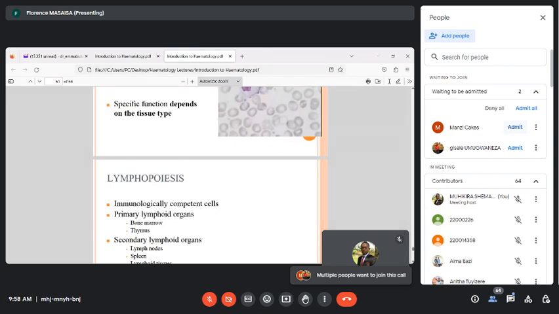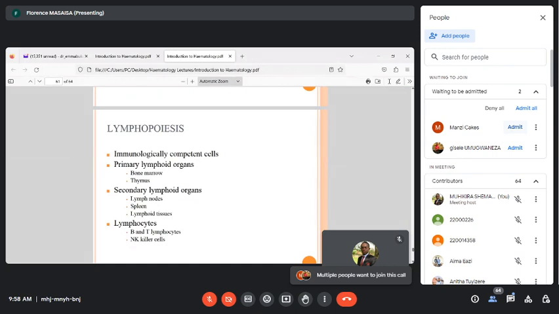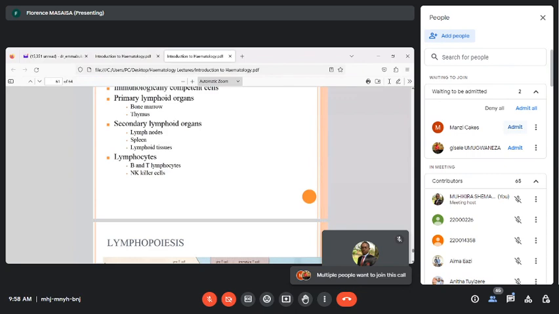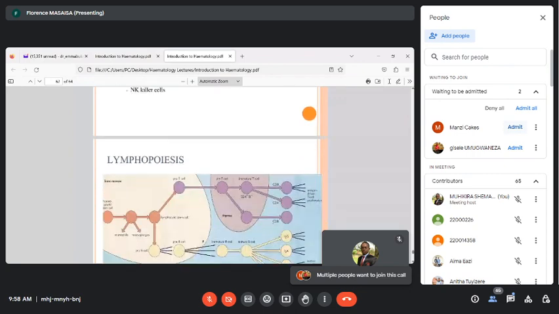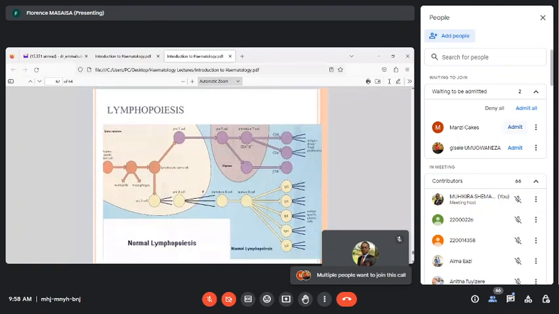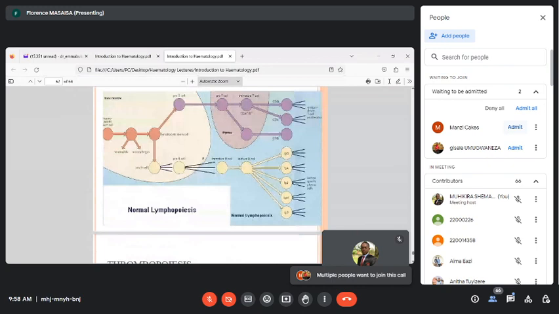Lymphocytes will be mostly studied in the course of immunology. So we have the immunological component cells, we have primary lymphoid organs and secondary ones. Then they have B and T lymphocytes and NK lymphocytes. So these details will be mostly studied in the immunology course. You will see what types of immunoglobulin are produced by the B cells, and how normal